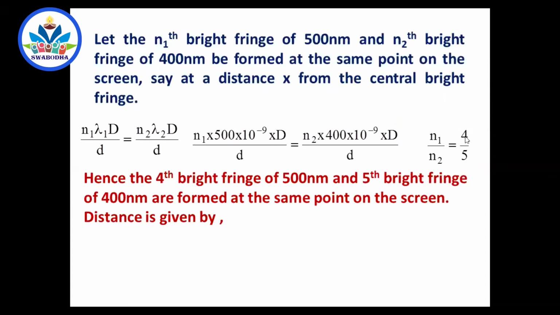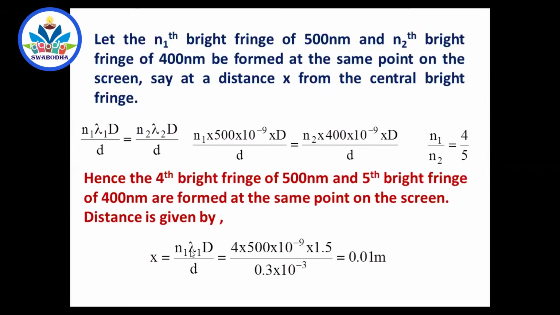Is it 4 times the beta of smaller wavelength? Because see, your foot length is 0.75 feet and your friend's is 1 feet. That means your friend's foot length is more, but he needs lesser steps, whereas your foot length is less. You need more steps. Four fringes of 500 nanometer and 5 fringes of 400 nanometer. 400 has to keep more and more steps. So what is beta for each? You have to find out.